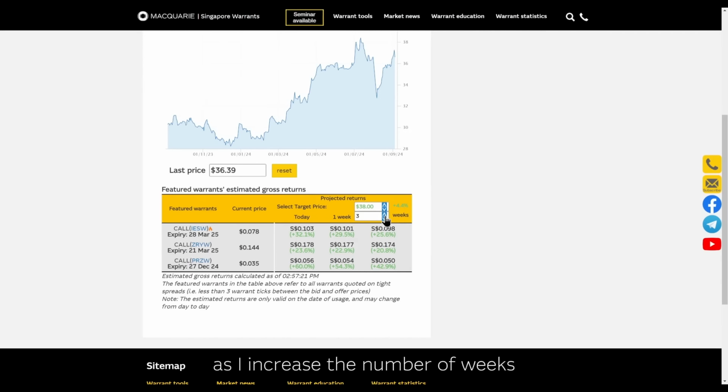You see that as I increase the number of weeks, the gains diminish, and that's a result of the time decay effect. I'll keep increasing it until the warrants fail to generate gains that are geared. In this case, by the 9th week, you'll notice that the third warrant here is no longer generating gains despite